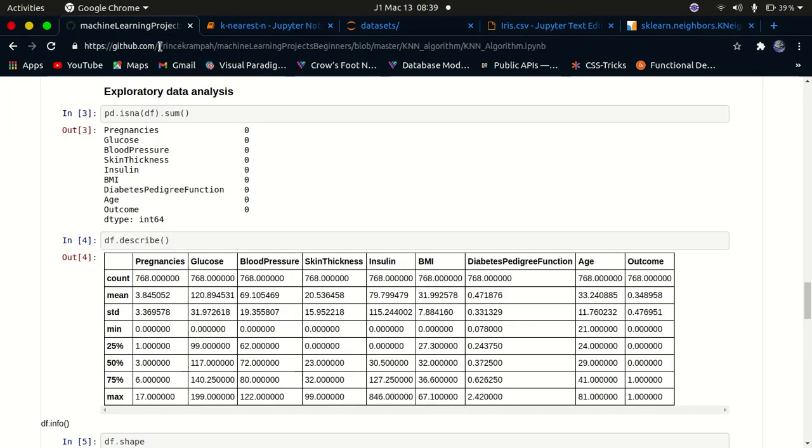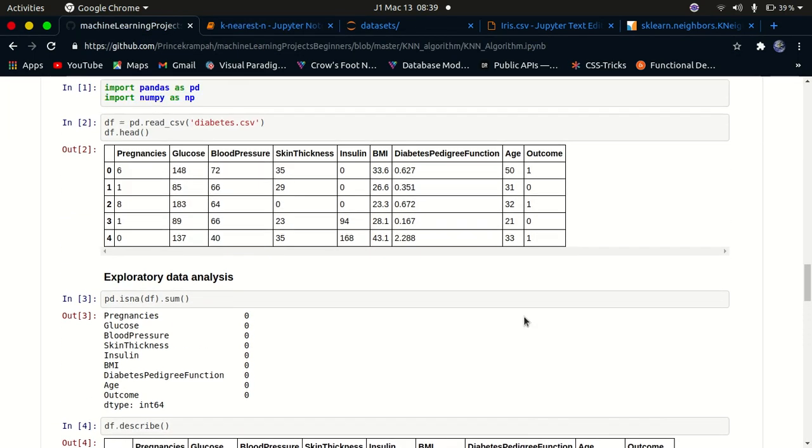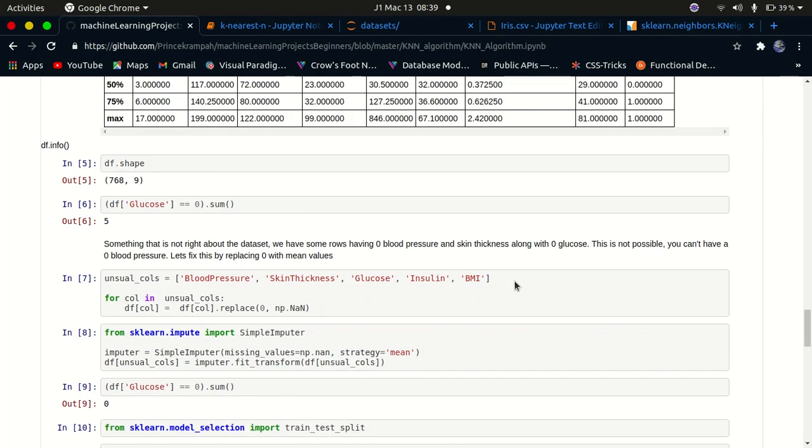Again, if you want to practice, you can find this link in the description, and you can practice on how to predict diabetes using the KNN model. So that's all